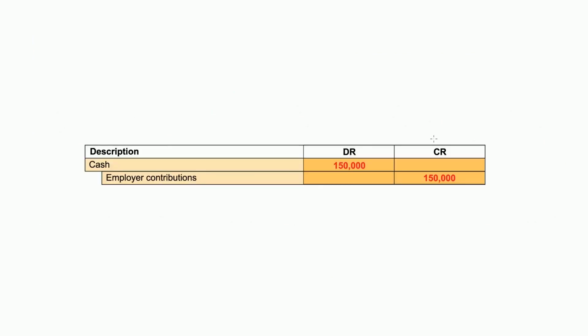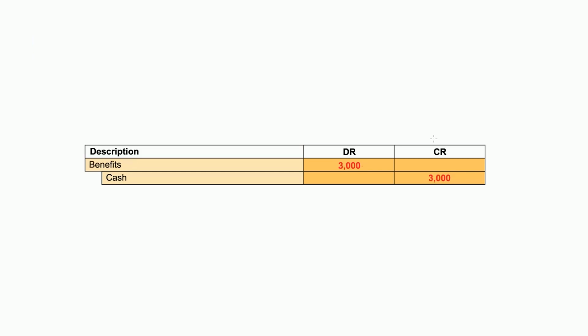So our very first transaction is the general fund contributes $150,000 to the pension plan in compliance with the formula. Well, when the general fund does that, the pension is going to, in this particular case, debit cash and credit employer contributions. Now, the second journal entry, the city invests $120,000 of the money that it just received. Well, that journal entry is debit investments for $120,000 and, of course, reduce cash by the amount of the investment made.